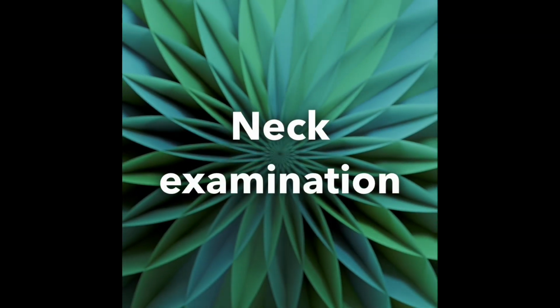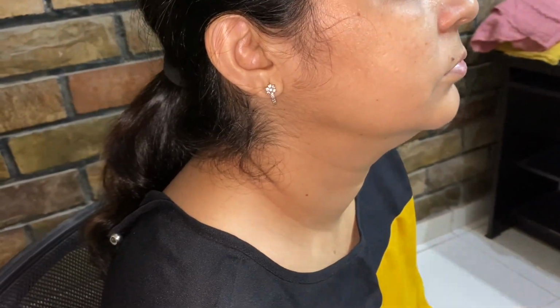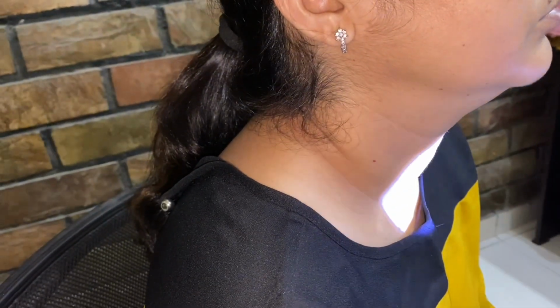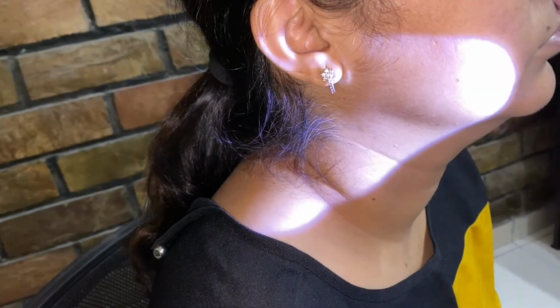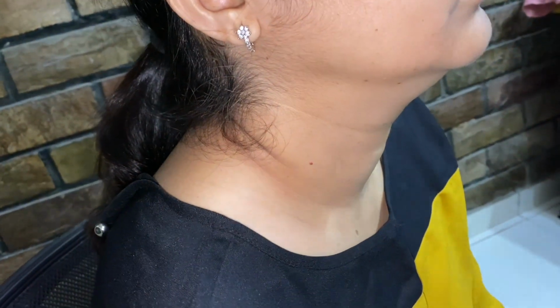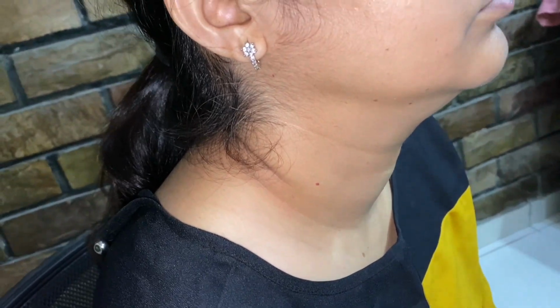Now we will do neck examination. Now inspect the neck, noting its symmetry and any masses or scars. Look for enlargement of the parotid or submandibular gland and note any visible lymph nodes. Palpate the lymph node using the pad of your index and middle fingers. Press gently, moving the skin over the underlying tissues in each area.